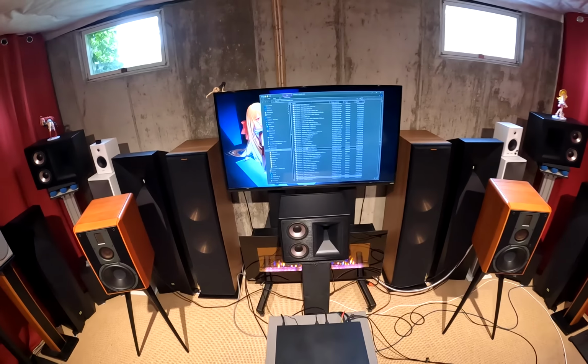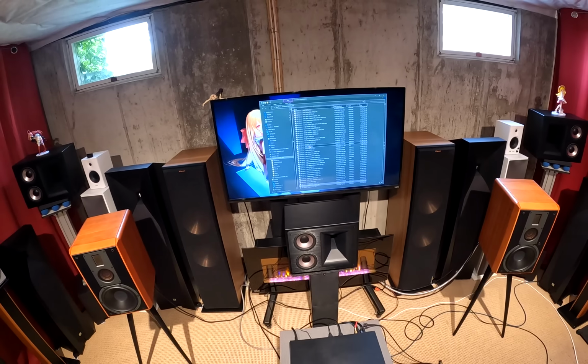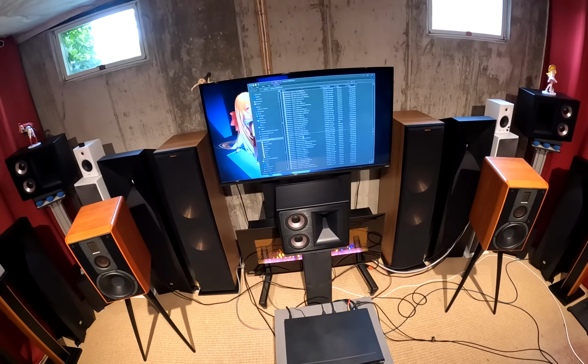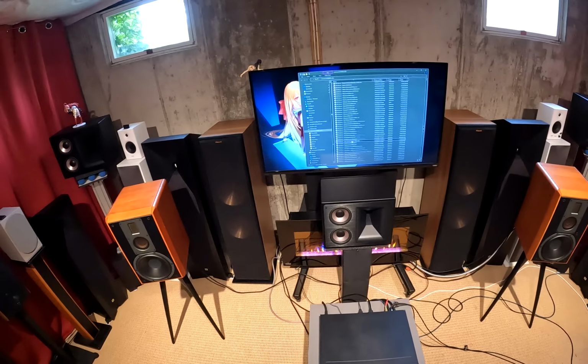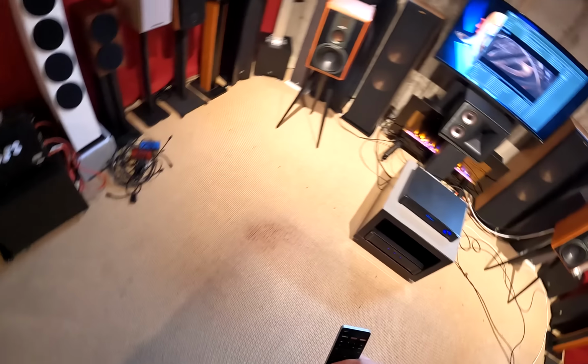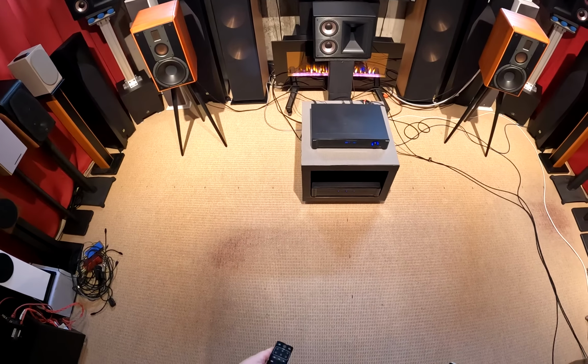Let's put on something that I know would probably blow up a normal thing. The only problem I would have is the limitation on the subwoofer, but let's put it open to Mad Max, right? We all agree Mad Max Fury Road, probably one of the greatest movies of all time. Don't fucking argue with me on this. Where's the volume remote for the...